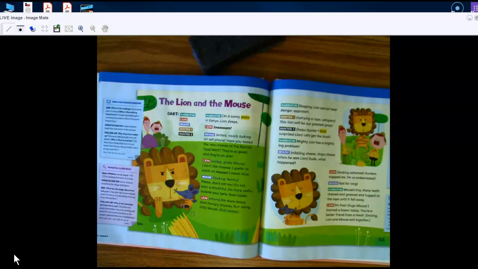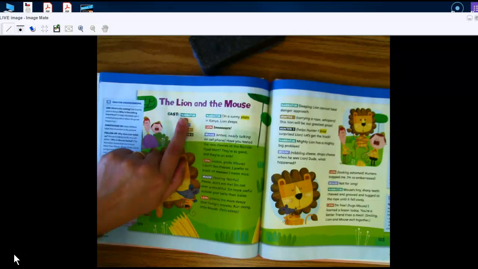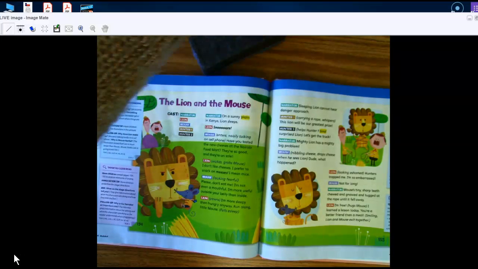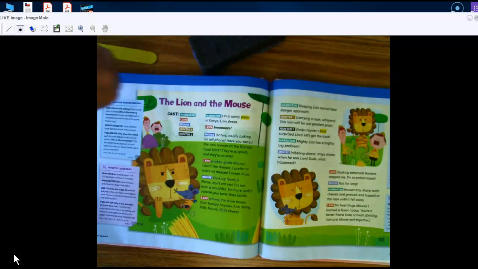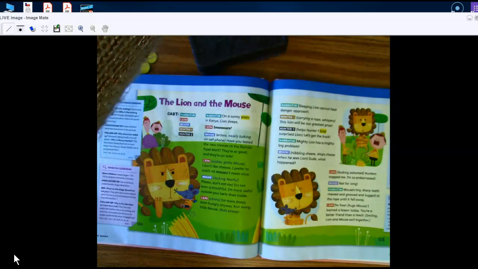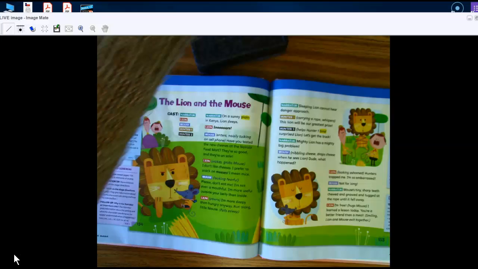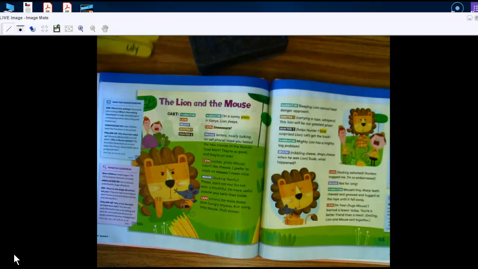It's not cloudy that day. It's not snowing that day. It's sunny. And it's not in a forest with a bunch of trees. It's on a plain. And it's not in America. It's in Kenya. Okay? So I'm going to be the narrator. Here's the cast. It tells me who's going to be here. I'm going to be the narrator. Let's see. Xavier be the lion. Emsley be the mouse. Lily be Hunter 1. And Isaiah B. Hunter 2. Okay, you have to read loudly, okay? All right, do you remember, my friends, our parts?